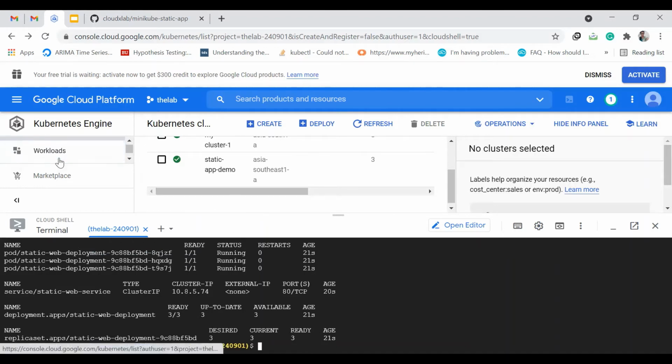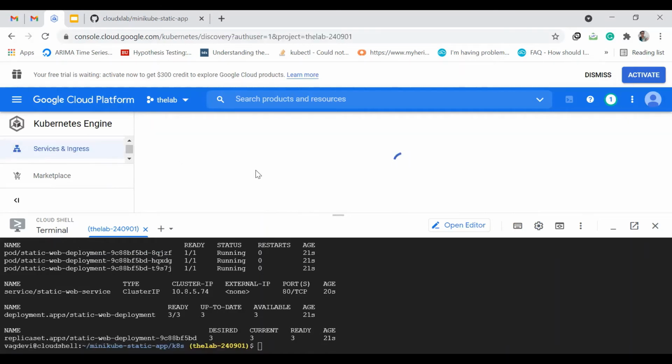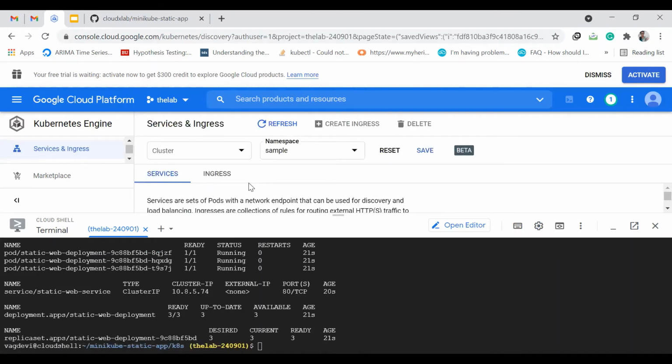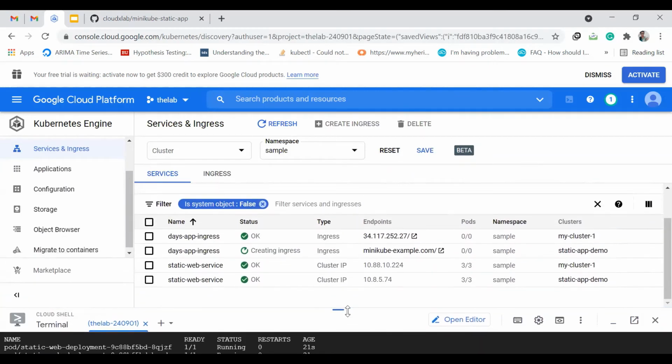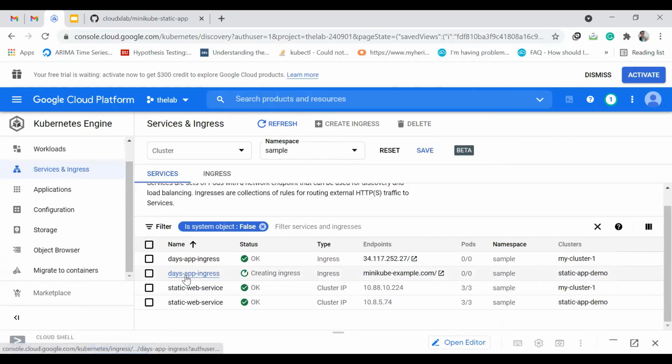Okay. So now let us go to services and ingress. So we can see that the app ingress is getting created right now. Okay, so we need to make another change here, but before discussing that, let us also see that this service is also created.